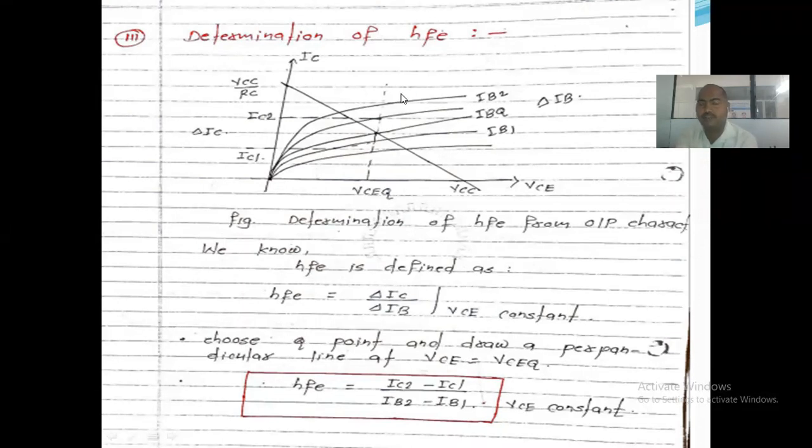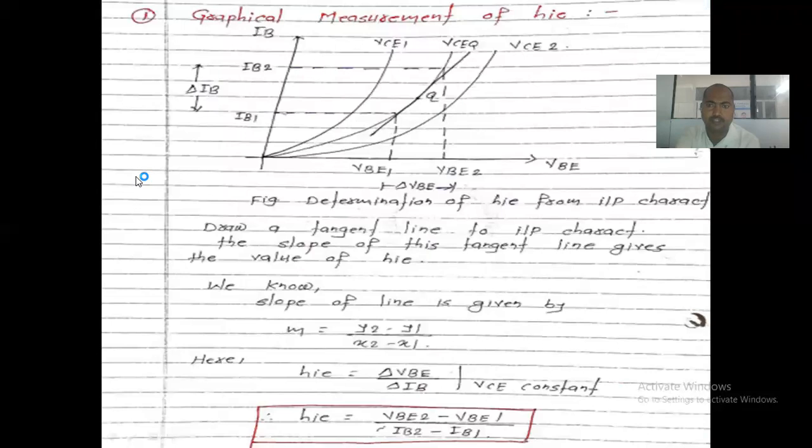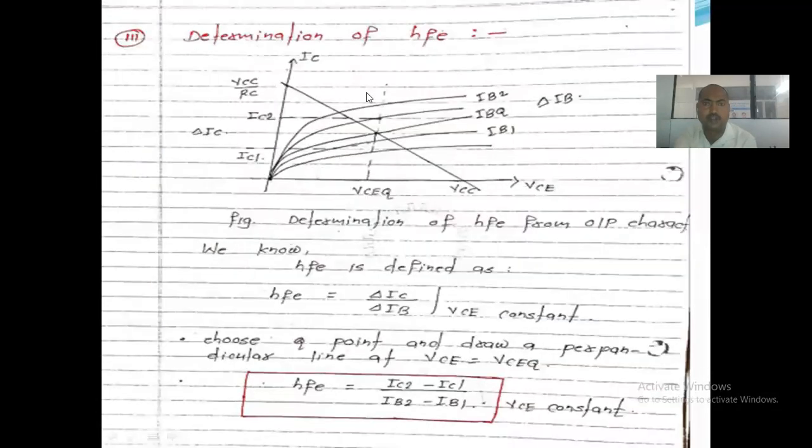See, as we calculate HI and HRE, in that case, that parameter should be related to the input. That's why we plot the same thing. See, this plot is related to the input, that is VB versus IB. So this should be related to the input. That's why this is not used for the calculation of your output thing.